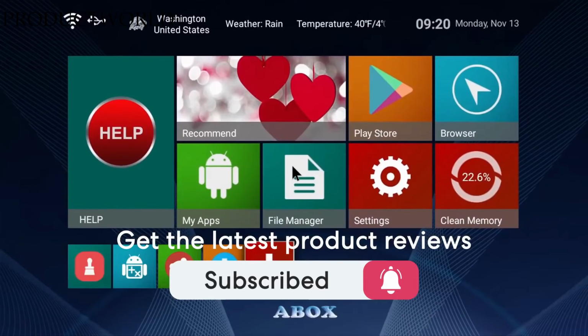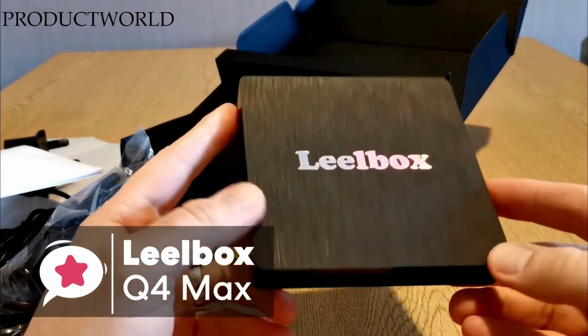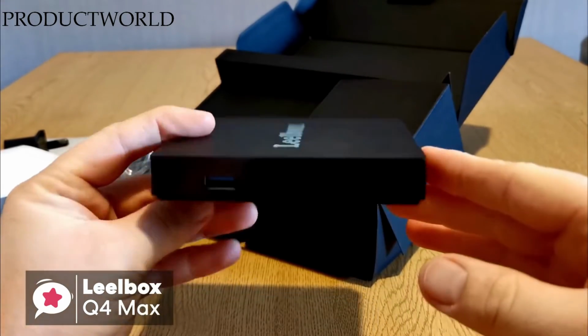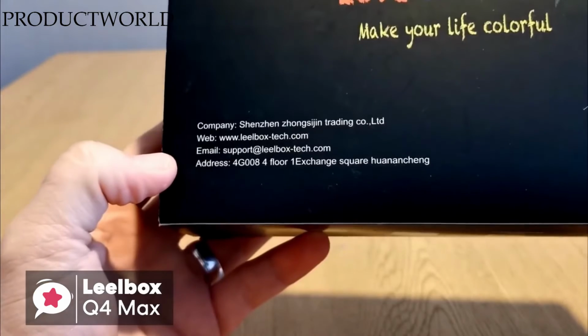Okay, so let's get started with today's video. At number 5 is the Leelbox Q4 Max. This Leelbox Q4 Max TV box is equipped with an updated operating system, which is faster and more efficient. The Android Q4 Max box has a better compatibility of software, games, and applications, a better user interface and user